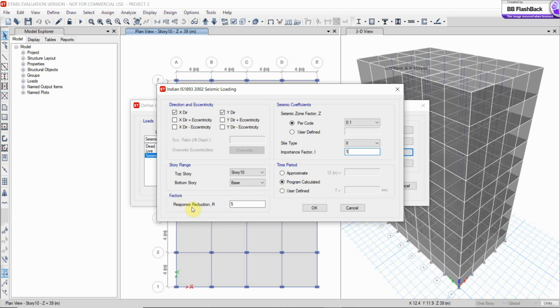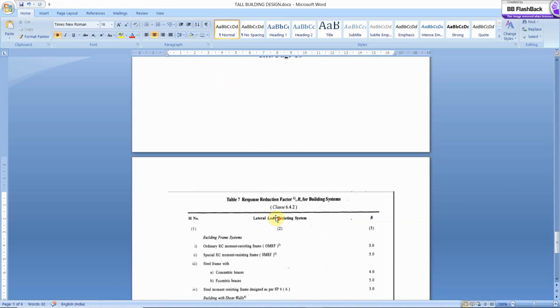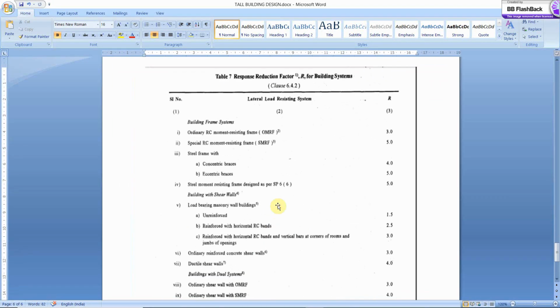For response reduction factor, scroll down to IS code table number 7. You may notice your table falls on the first category, that is ordinary reinforced concrete moment resisting frame. The response reduction factor for ordinary RC moment resisting frame is 3.